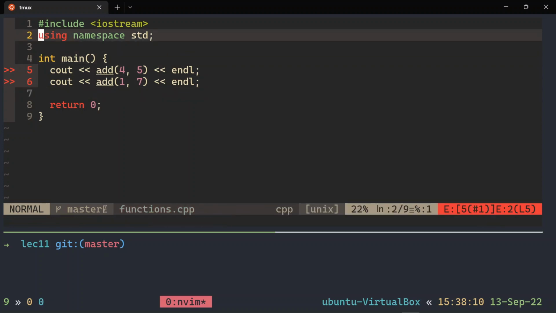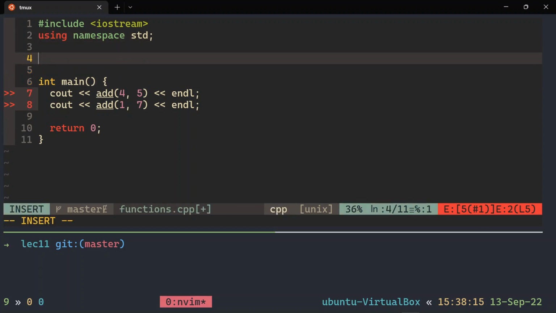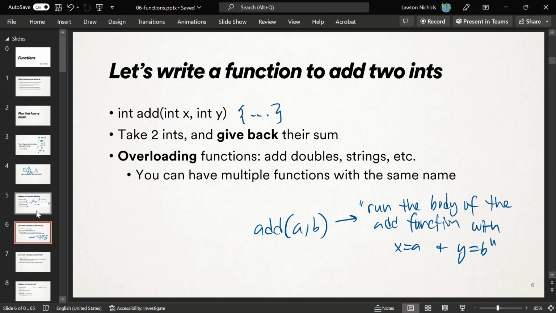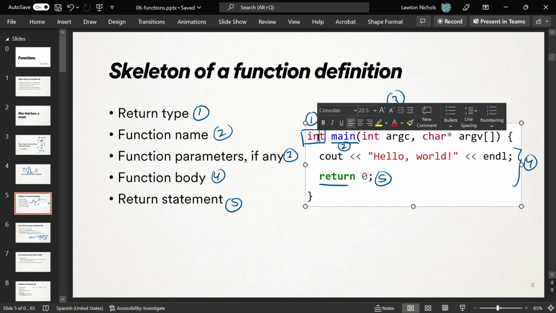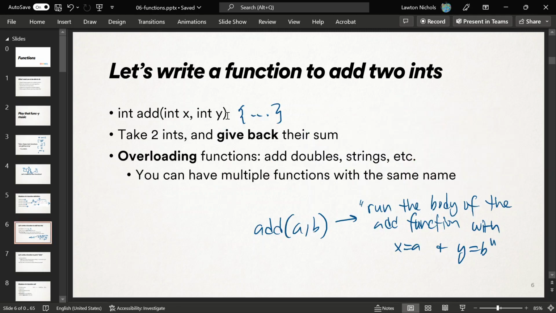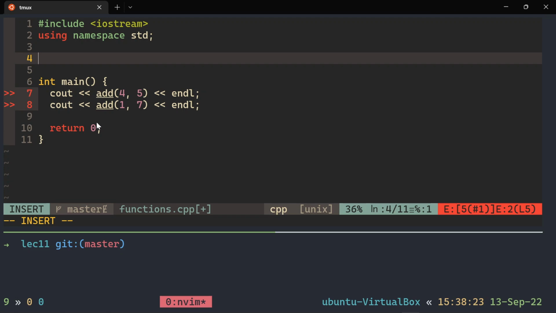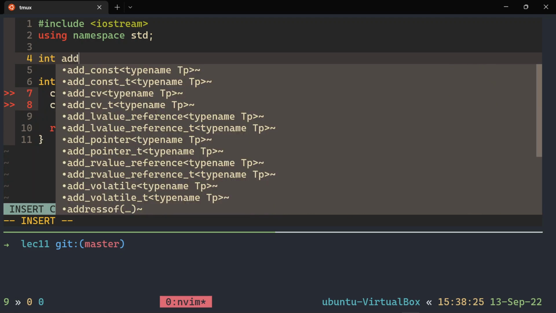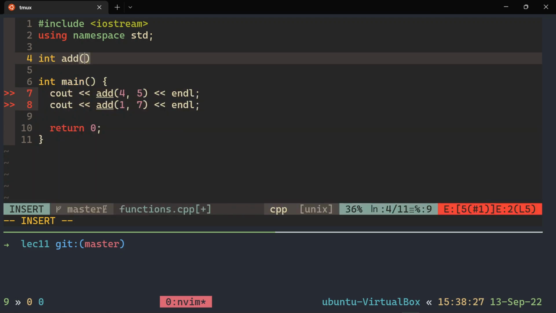So let's define this function. All right, ready? So it's called add, right? What does it give back? Let's go back to this slide. It gives back an integer because I'm trying to add 2 integers, right? Int add, int x, int y. So return type, the name of the function, the things that it takes. I want to take 2 things and add them, so I'll give them names, int x and int y,